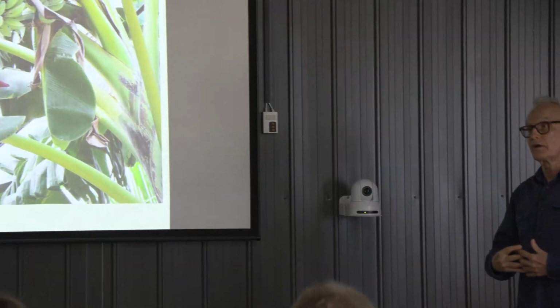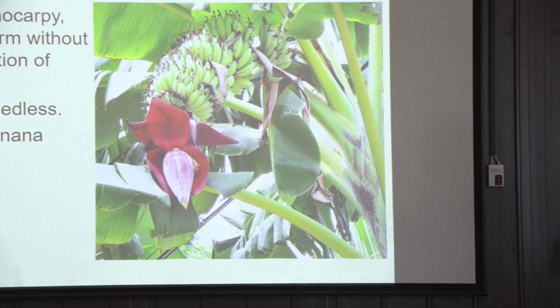So a few examples of where fruits form without fertilization of the ovules. Banana. If you go back to the rainforests of Papua New Guinea, you will find wild bananas, and they have big seeds in them. And that's because we have selected, and it happened a long time ago, the indigenous people of Papua New Guinea